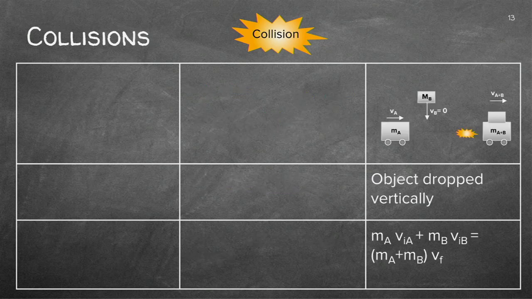The final one, I've got something that's coming from a vertical direction that's being dropped on this car. Now, this is, for instance, a truck, and I'm throwing coal, or anything, mealies, anything, onto this truck. And now I know I've got to add those 2 masses together. Just bear in mind, this velocity doesn't really concern us because it's not in the linear motion or in the direction. So that velocity there of B will be 0.